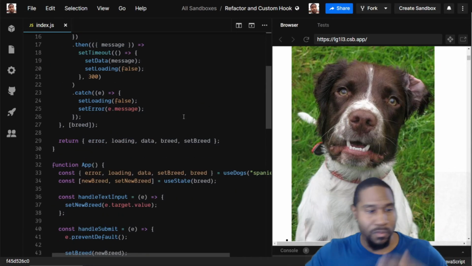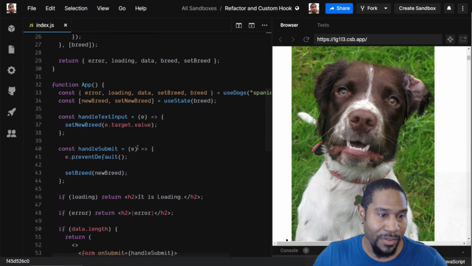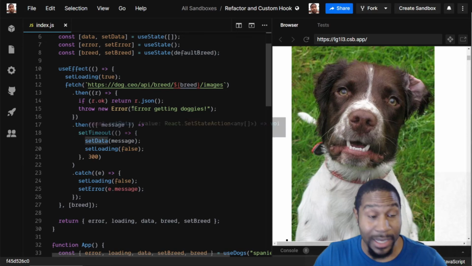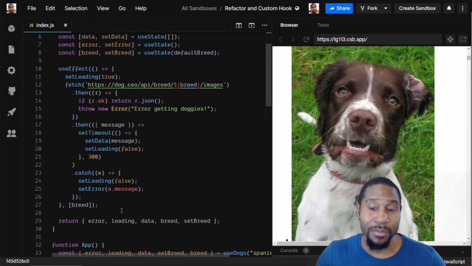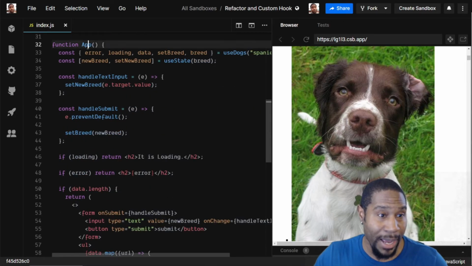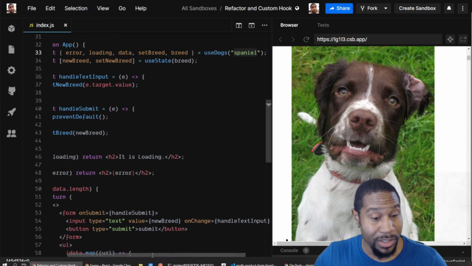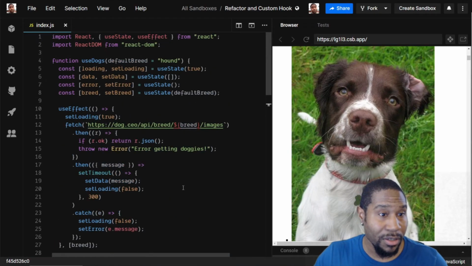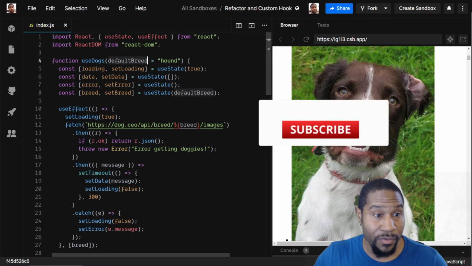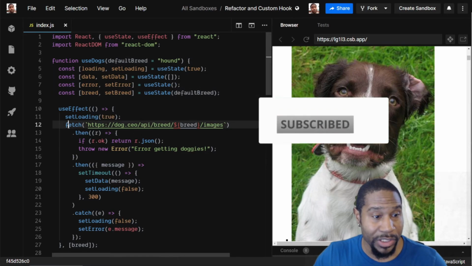So let's quickly review what we've done here. We had a basic app that just did this fetching logic and displayed a list of data, in this case, a bunch of dogs. We pulled that logic out of our app into a custom hook called useDogs, which we can pass a default type of dog that we want to see. In our hook, that comes in as an argument. If it's not passed, it's set to hound by default. If we do have a default, that's the breed we want to fetch, and we pass that literally to our fetch